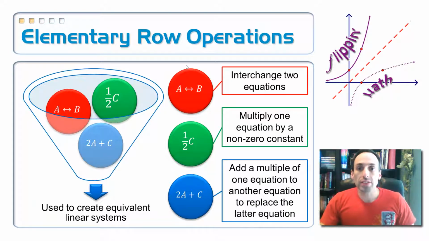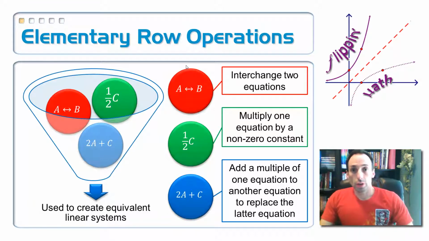Okay? And that's the key difference between this method and, say, doing it by regular elimination. When we did it by regular elimination, we made a new equation. We didn't replace the old one. And what we're doing here is we're replacing the old equation. So these are the three things that we can do to create an equivalent system that might be easier to